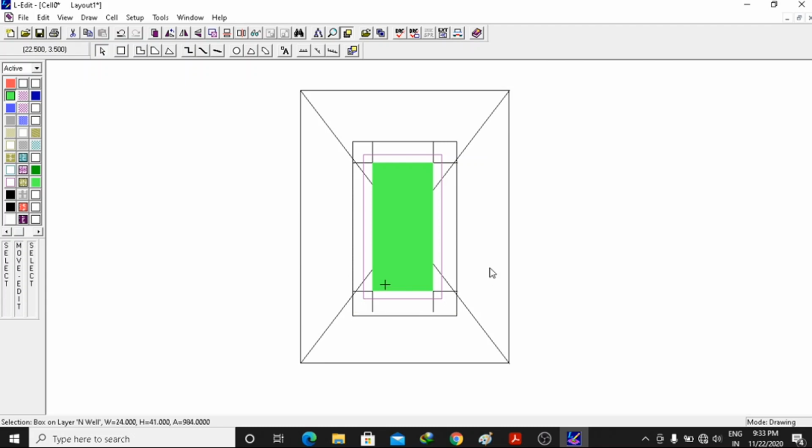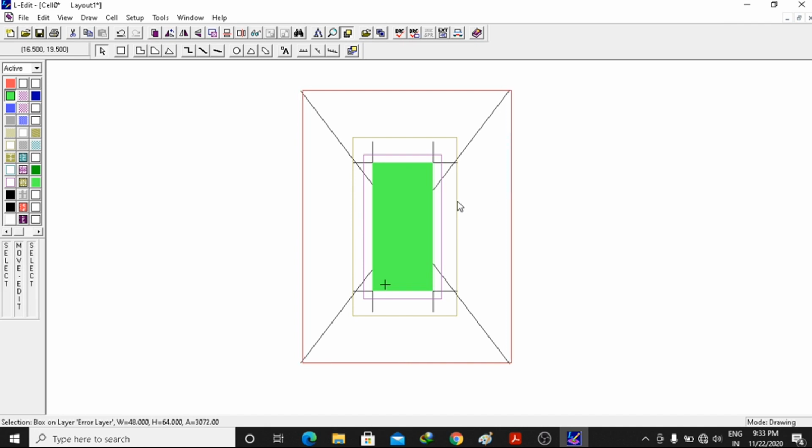Let's see, this will suffice, and again I will click over here, I will just drag it a little bit up, okay. And this side also I think I can drag it a little bit. I will click on alt and drag it on this side. Again I will click on alt, drag it a little to this side, yeah.